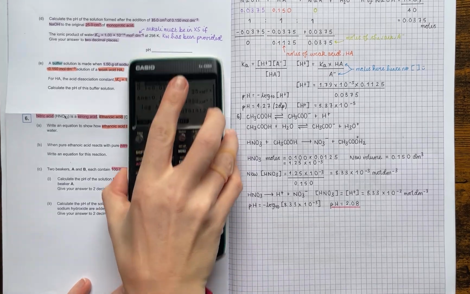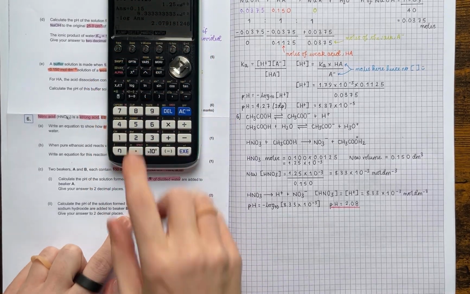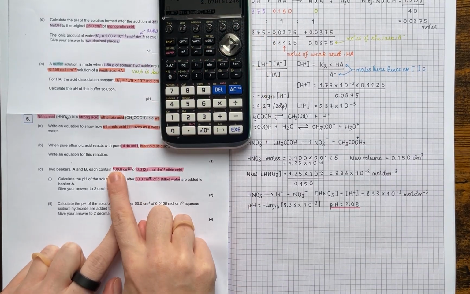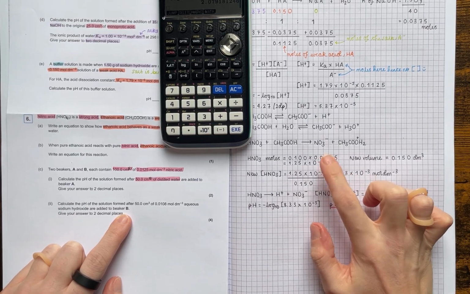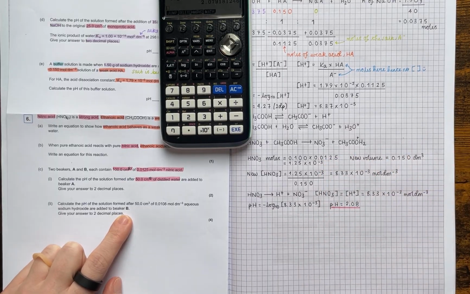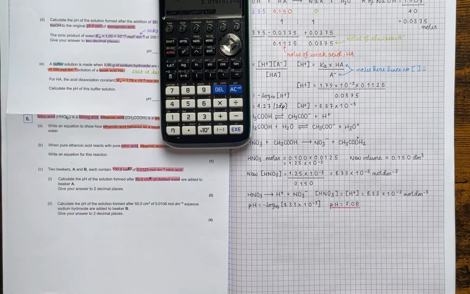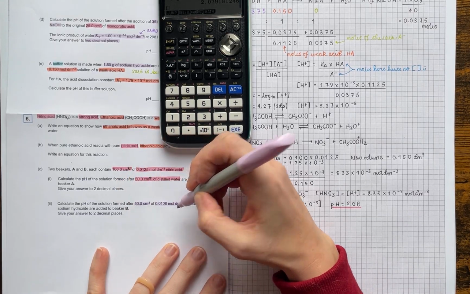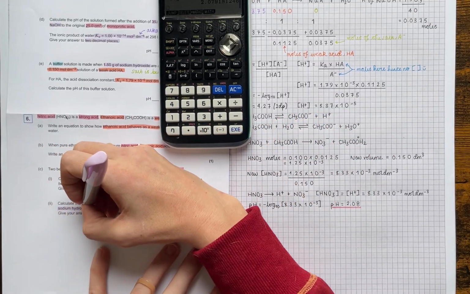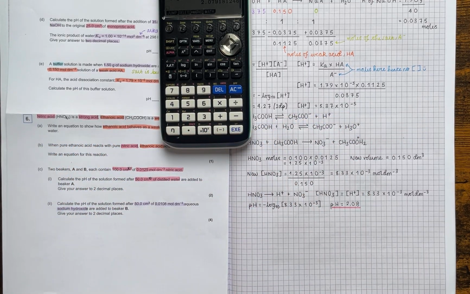Okay. And then the next calculation, we're using beaker B, so it's the same volume and concentration of nitric acid, and therefore we already know the moles of that. Now we are adding an alkali, so calculate the pH of the solution formed after 50 centimetres cubed of that concentration of sodium hydroxide, which is an alkali, are added to beaker B. So we're going to be doing neutralisation. Whether we neutralise all of the acid or all of the alkali is what we're going to have to work out,